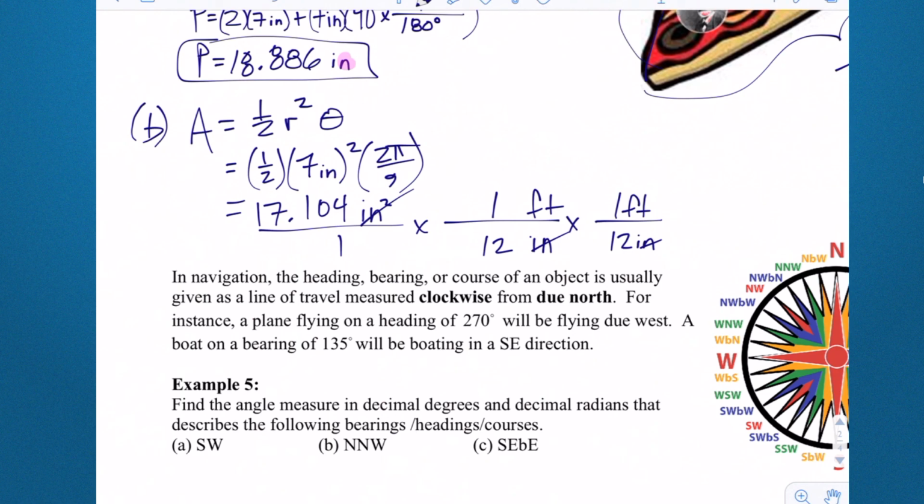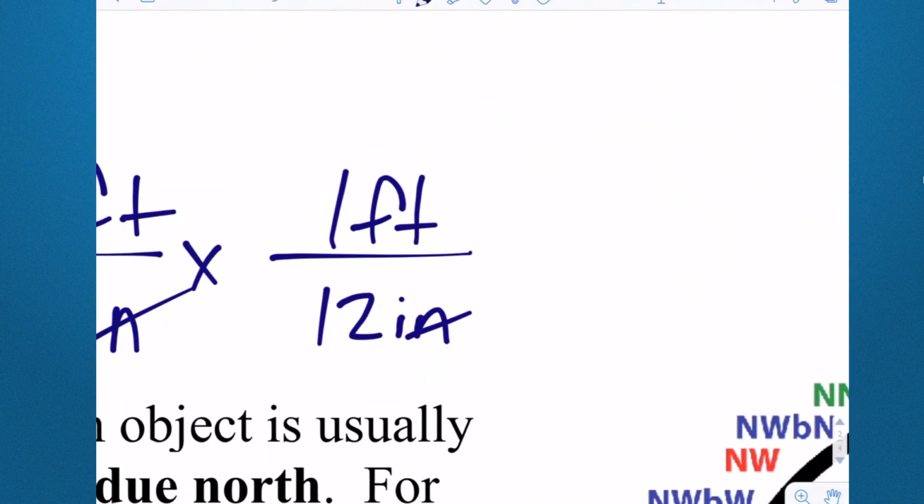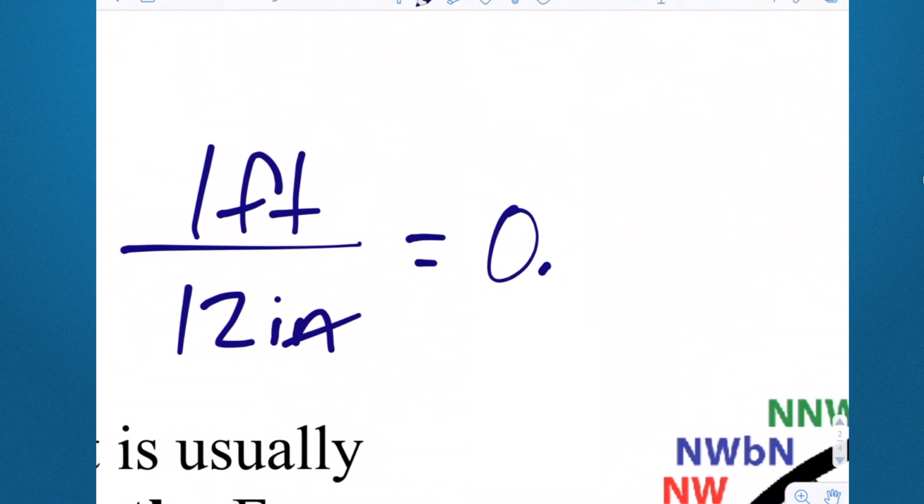The other way to do it, so you wouldn't have to have two conversion factors, is if you would convert 7 inches first inside the squared. 7 inches, if you multiply by the same thing, 1 foot over 12, 7 inches is 7/12 of a foot. So it could have just been 7/12 quantity squared, which would have been 49 over 144. But we're still going to get the 144 out of it here. So now if you take the exact answer, which should still be sitting in your calculator, and you divide it by 12, and then divide it by 12 again, or divide by 144 once, you get this answer here. You get it equals